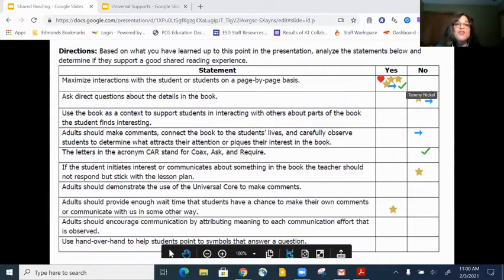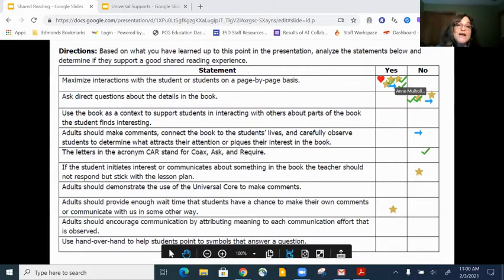Then is a good shared reading experience where you ask direct questions about details in the book? So we've got no. So you're just sharing that reading experience. We're not quizzing.